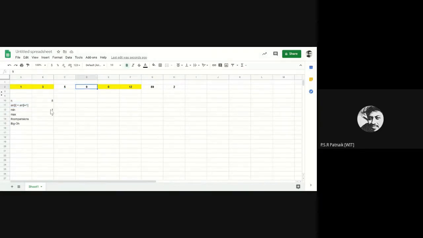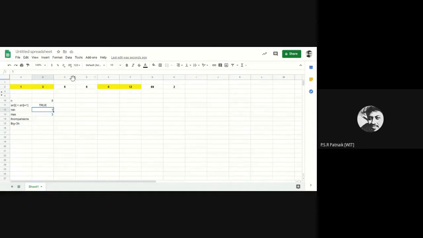If 5 is less than 9, how will you compare minimum and maximum? When I am at this pair, the status of this condition is true. Earlier the minimum you had is 1 and 3.